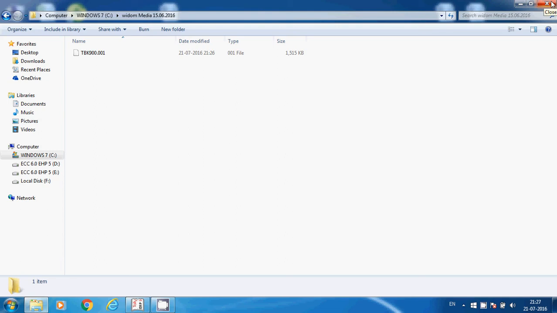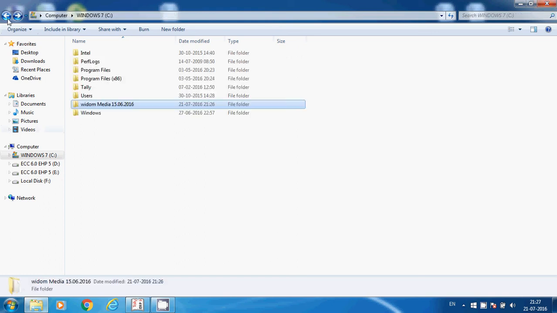When we face any problem and the transaction data is deleted, at that time what we do is check. Today, 15/6/2016, I have taken the Tally backup, and after one week I will take the Tally backup again. So whichever is the latest one, I will restore it if the transaction data is deleted. At that time I will restore this Tally backup. Like this we take Tally backup data